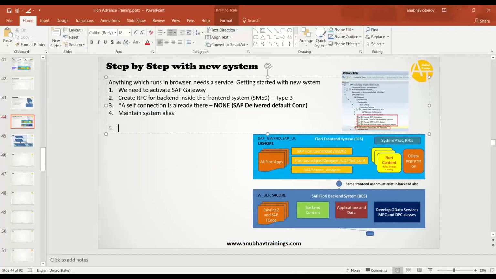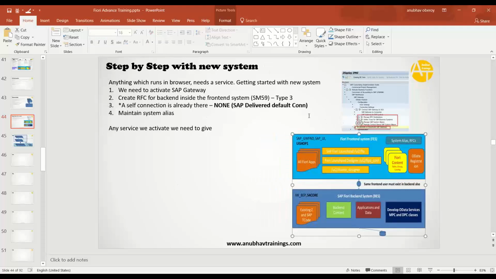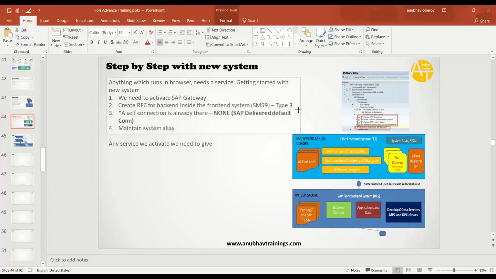Now, any service we activate, we need to give... Do you need to give RFC while activating an OData service? Anybody? What do you give? Will you give RFC? No, you will give the system alias. Very good. You will give the system alias name. You will not give RFC, because if you give RFC, you're burning your fingers for heavy maintenance in future if something changes. So any service we activate, we need to give the system alias